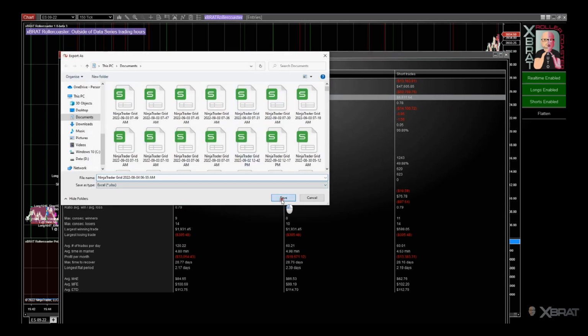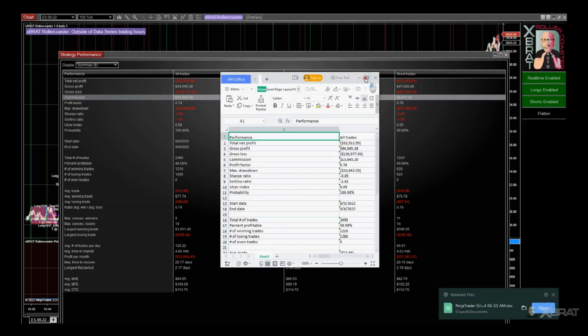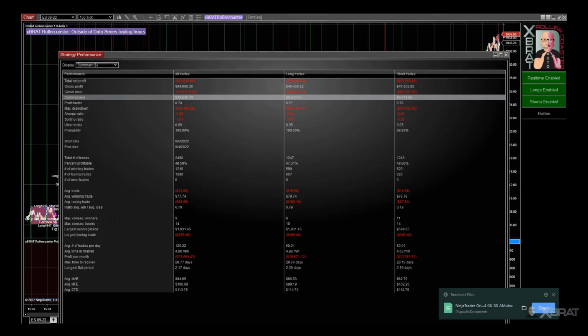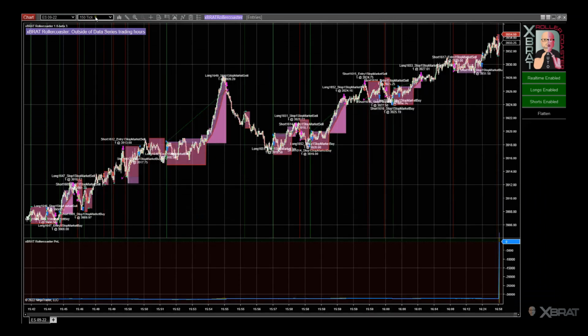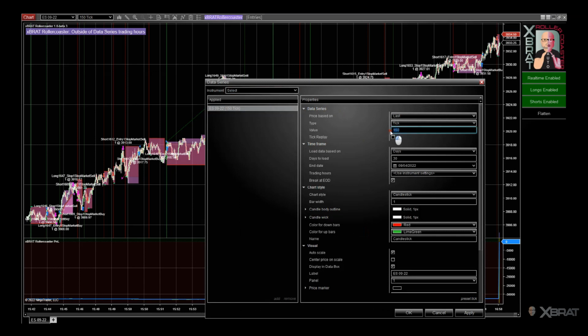If I just click save, it'll open up a spreadsheet on my desktop. I can move that to another screen, just so I can compare it when I make some simple changes. So to make those simple changes, I'm just going to right click, go onto data series. I'm going to go to 200 ticks, and again, those sophisticated traders will know the size of the charts that they trade a lot, whether it's tick charts, Renko, Uni Renko, and you will use that as a starting point, if you like. So I'm just going to click apply,